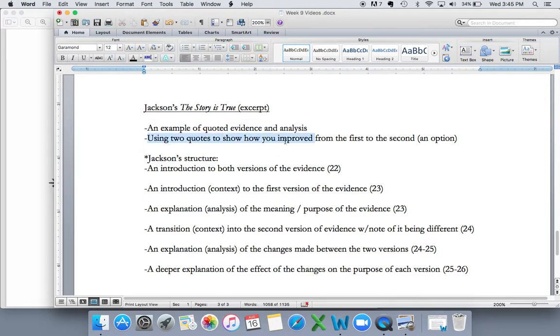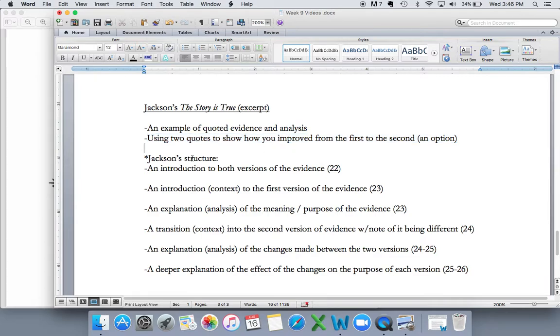What this is doing for us is showing how to use two quotes to show how you improved from the first to the second. And it's one of your options in quoting. I think I've said before, if you were trying, for example, to develop your audience and problem making in the second draft of the In Defense of essay, and it wasn't quite working just yet, but then in your third and final draft, your problem making and audience was really good, you might want to show me, your audience, these quotes together to literally contrast and show me how you grew from one to the next. And that might be a persuasive way to show me that you've grown in skill.